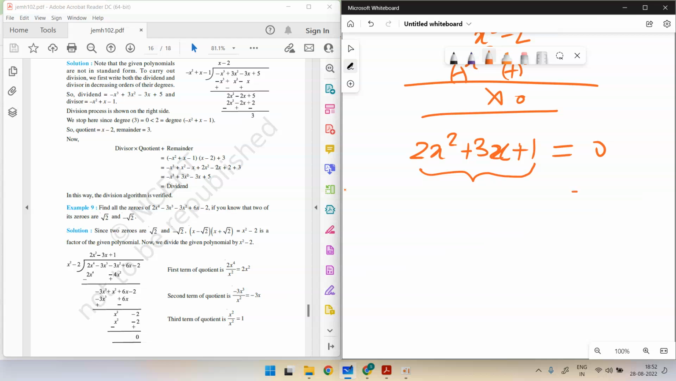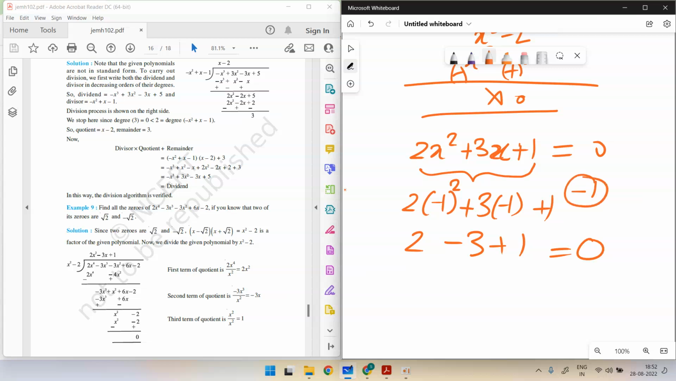If you substitute the value of x as minus 1, this expression becomes 2 into minus 1 squared plus 3 into minus 1 plus 1. So this becomes 2 minus 3 plus 1, which is equal to 0. 2 plus 1 is 3 and 3 minus 3 is 0, which implies that x plus 1 is a factor. Now if you directly write here 2x^2, x plus 1 is a factor,